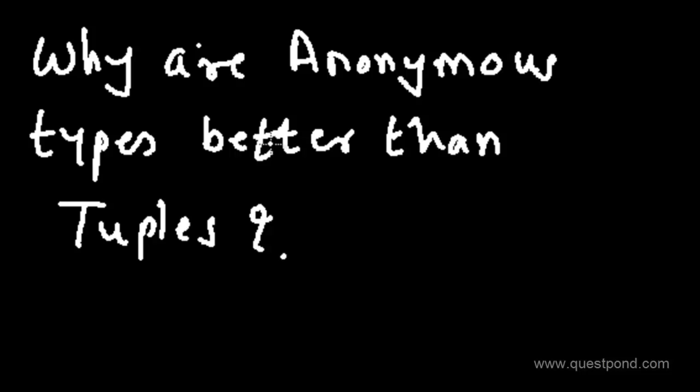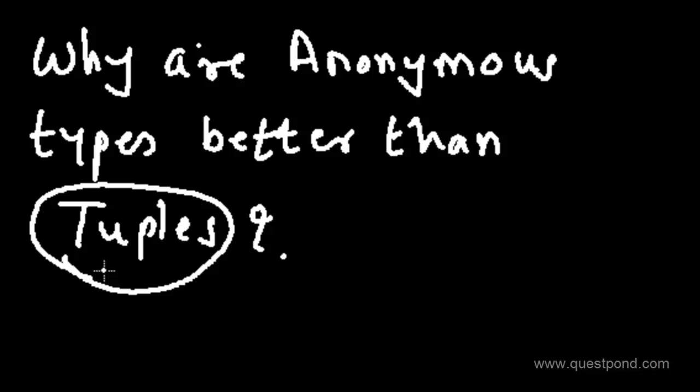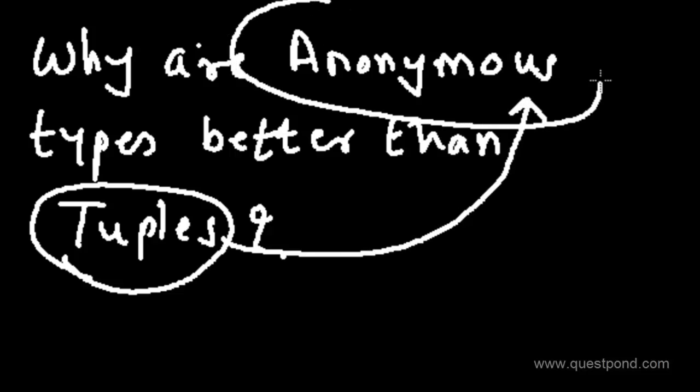In this video we'll try to understand why anonymous types are preferred over tuples. What we'll do first is take up a typical scenario where tuples fit in, and we'll see how in that scenario we can use tuples to make the code better. Then we'll talk about the drawbacks of tuples, and then we will improve this implementation by using anonymous types, and then we will